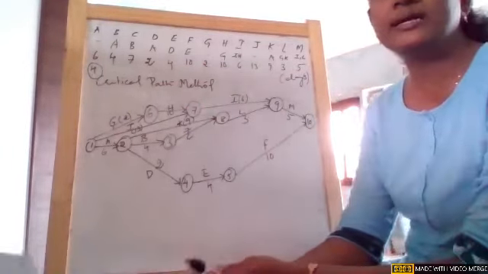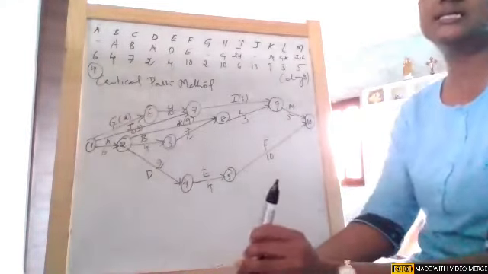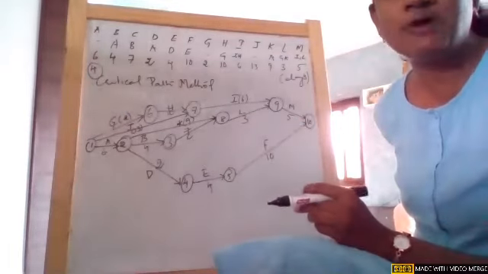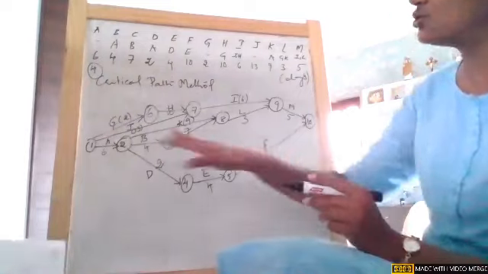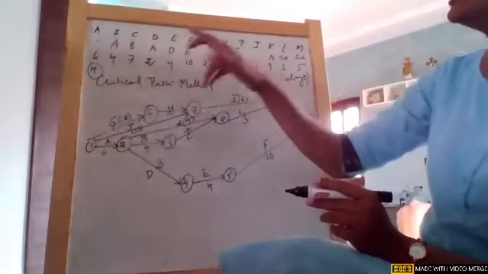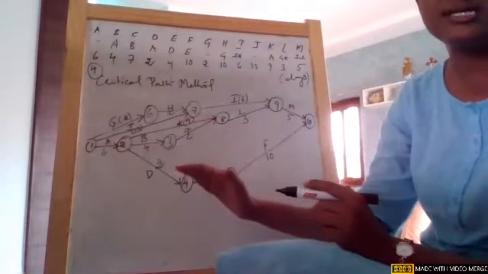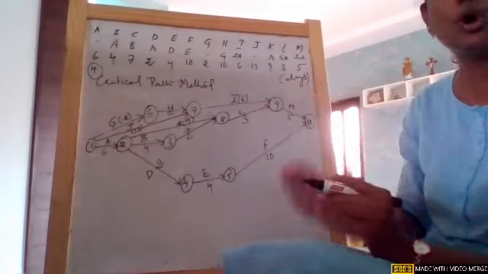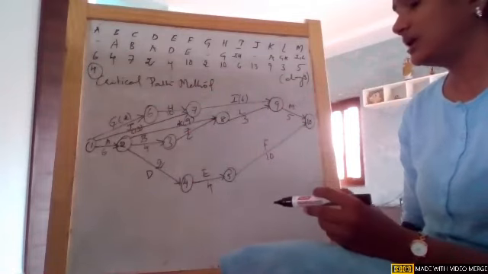Okay, girls, are you clear till this particular step? Any doubt? What did I do? First, we just constructed the network, using the rules of how we construct the network. After constructing the network, I wrote the associated durations of each activity near it. Wherever there is A, I wrote that respective duration, B, that respective duration, C, that respective duration, and so on. So that is how all the activities have their duration.